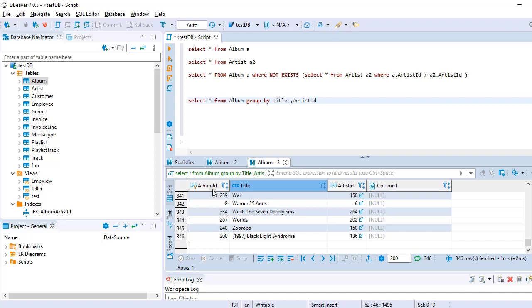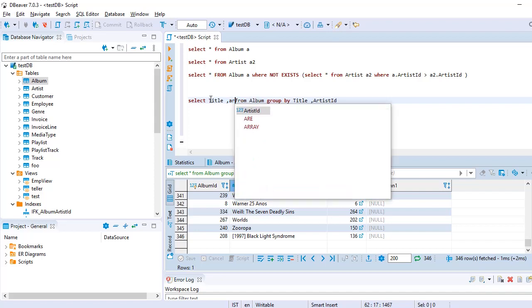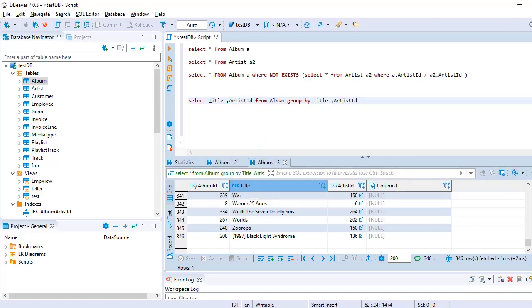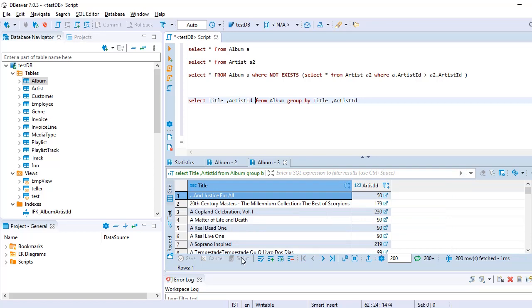Otherwise, we have the album ID as a primary key. So all the records are obviously unique, although it's a relational database. Relational database have the property that all the records must be unique. So we can just print or show whatever column we want, like we can show the artist and title, for which we have applied the group by clause here.